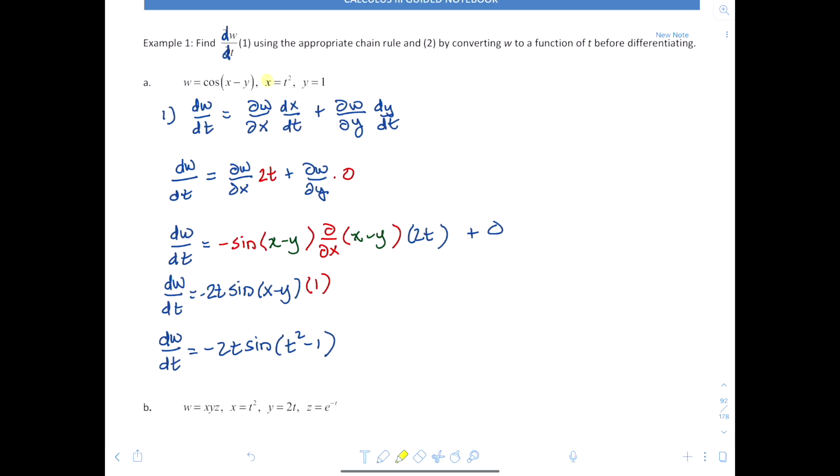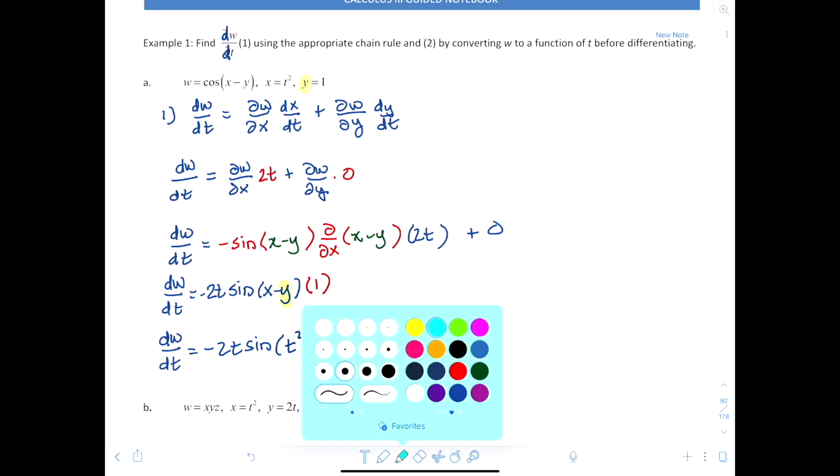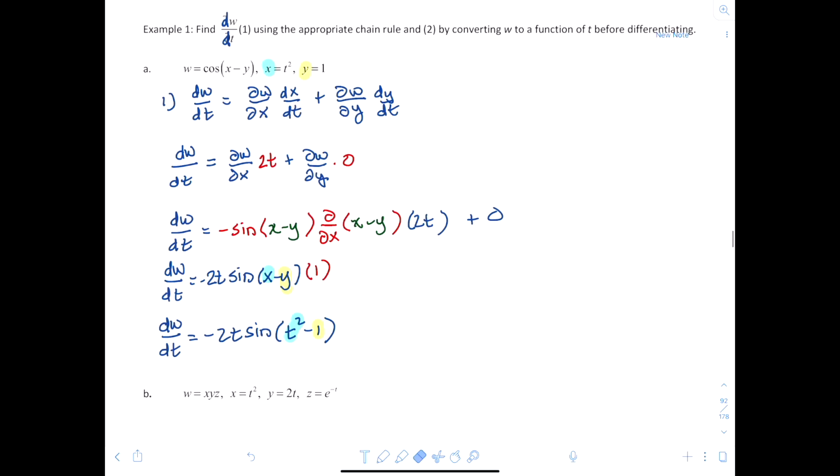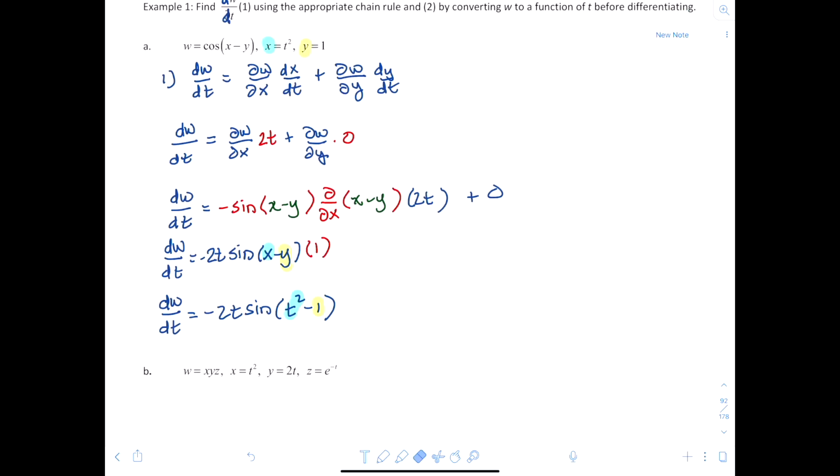So this, whoops, sorry. This was y, and this was our x. Cool, cool? And we're all done. So now let's take a look at doing this